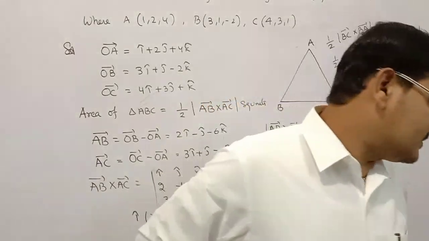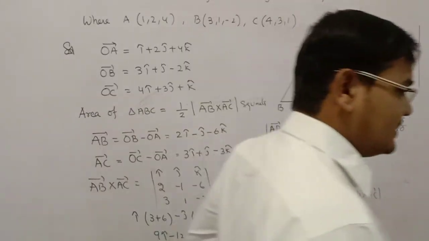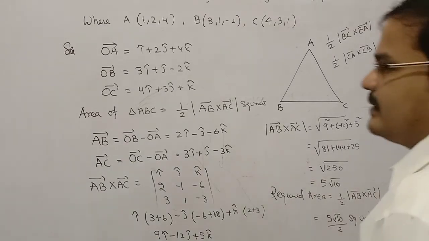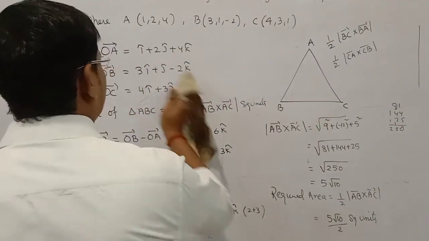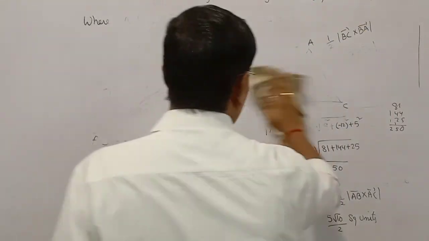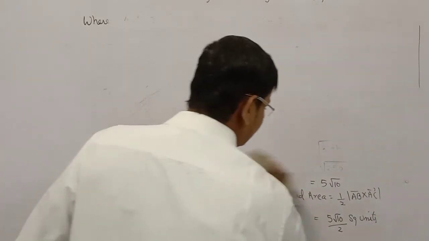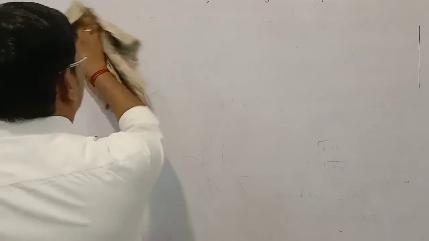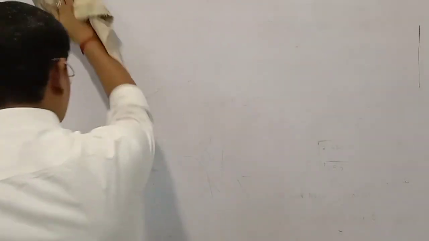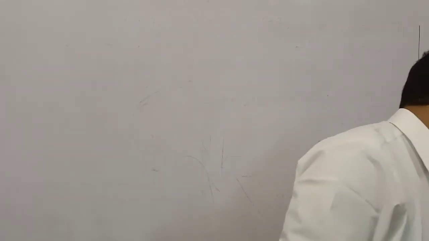In question number 6, what is given? Sine of the angle is being asked. What is the formula for sine of the angle? Magnitude of A bar cross B bar by magnitude of A bar into magnitude of B bar. This is the sine angle formula. So in question number 6 two vectors are given, and the question is to determine the sine of the angle. See, if he is asking for the sine of the angle, then only go for this formula.